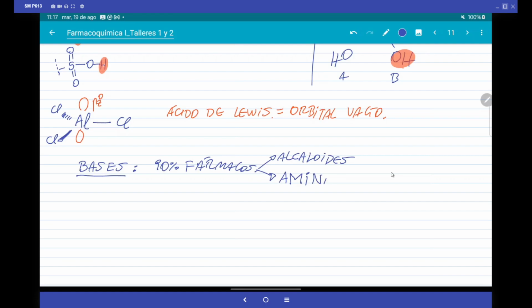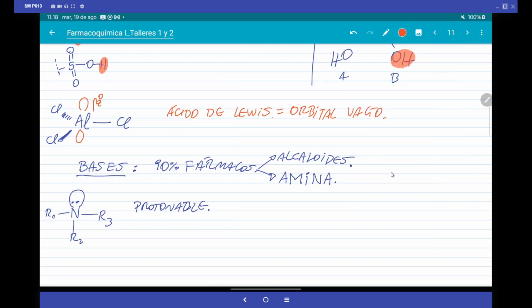Then amine is a basic functional group. The amine is the basic functional group par excellence. Then a drug that has a protonable nitrogen, NR1R2R3, is a basic drug, a protonable drug, protonable at pH 7. OK, and we are remembering